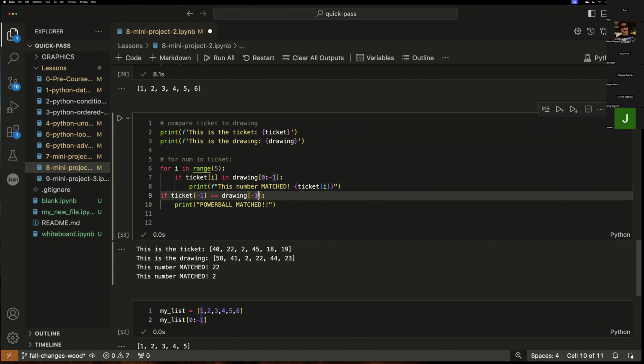Are you talking about right here on line 9, or are you talking about line 7? That's a good question, by the way. Line 7. Because remember, in this comparison, I only want to check if ticket at the index of I,